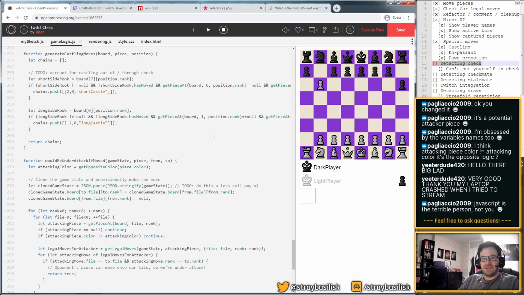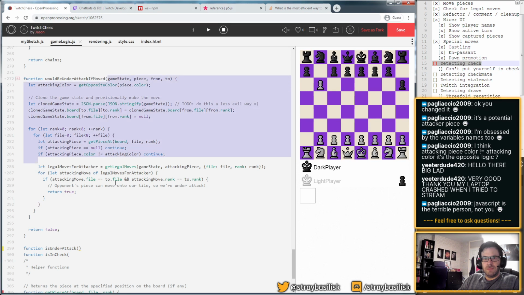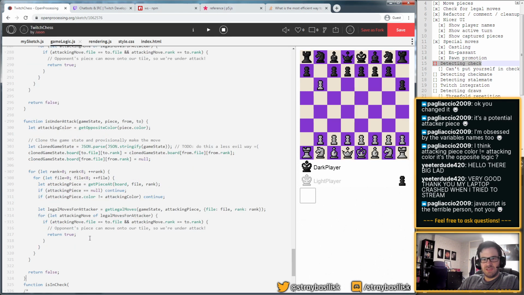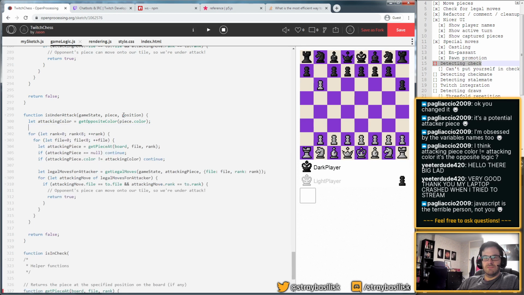Okay, so let me... And in fact, let me do the function is under attack this way as well, because this seems a bit nicer. Just refactoring this a bit.